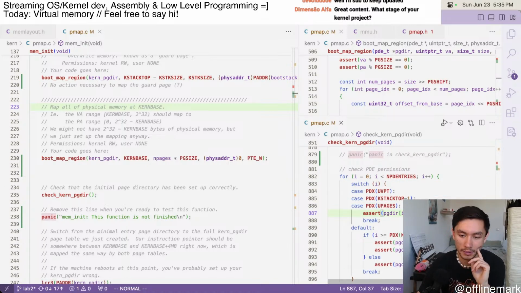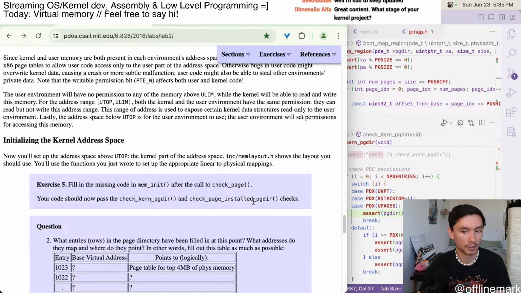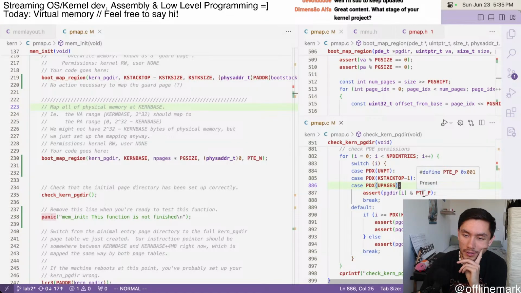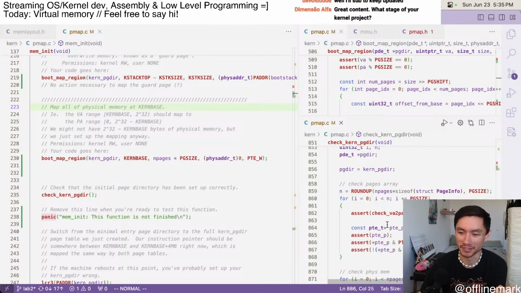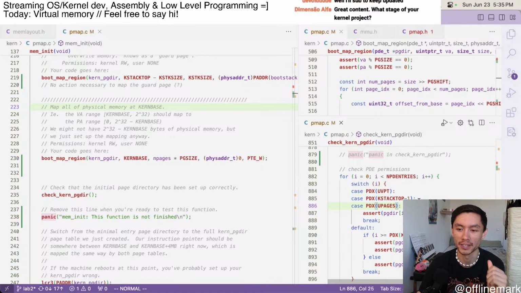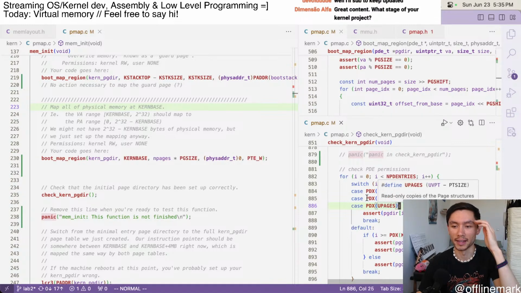So yeah. It was actually worth doing my test-driven development and adding this test. It wasn't a waste. But so specific ranges, the UPAGES range, the KSTACKTOP -1 range, interesting. So yeah, oh, I see. And that's because,